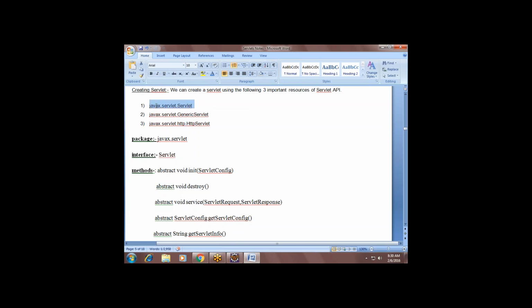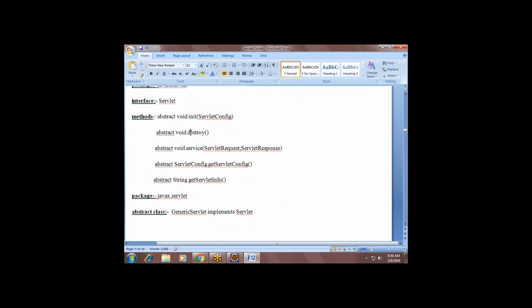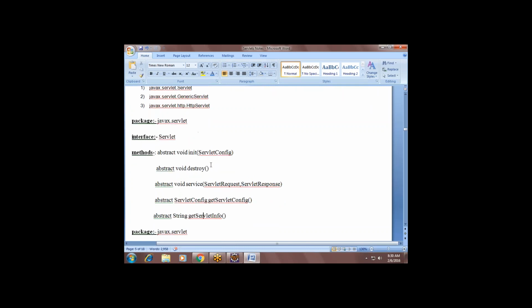The first one is the Servlet interface. You don't need to worry about it because this interface is already implemented in GenericServlet. This Servlet interface contains all these methods: init, destroy, service, getServletInfo and so on. If you want to inherit this interface, you have to override all the methods, and they are all abstract.